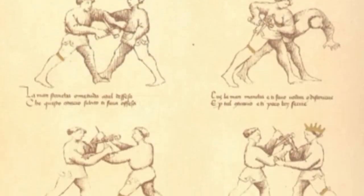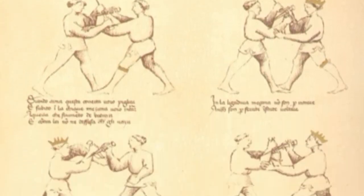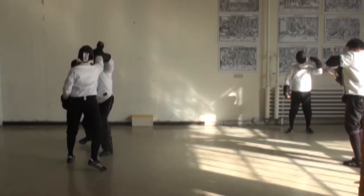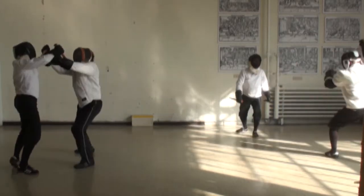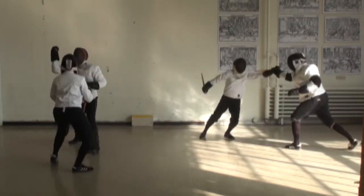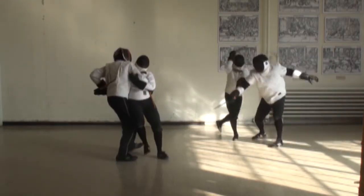One of these masters was Fiore de Liberi, who began his 1409 treatise with wrestling and dagger drills. The most influential German master on wrestling techniques was Ott Jud, a converted Jew who became wrestling master to the Prince of Austria. His treatise was probably composed in the early 1400s and continued to be copied and adapted well